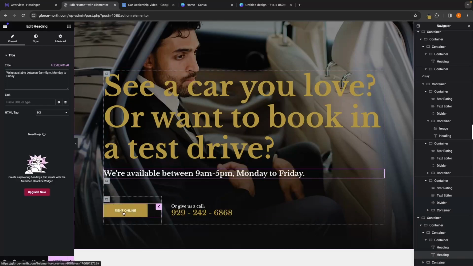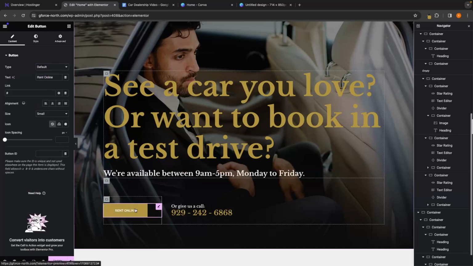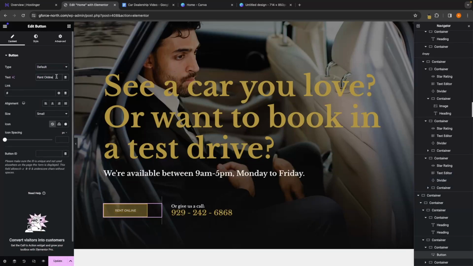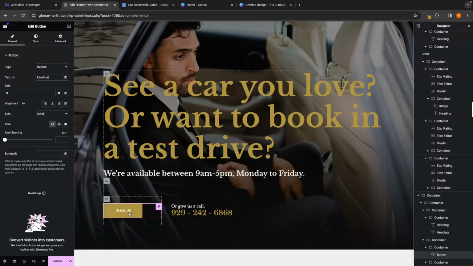Then we have this button that says rent online. This is not a feature that I want to have available on my website. So I'm going to click in here, and instead of saying rent online, we can go to this left-hand side and I want to say email us. So email us. And then we want to have it so that when people click on this button right here, they can